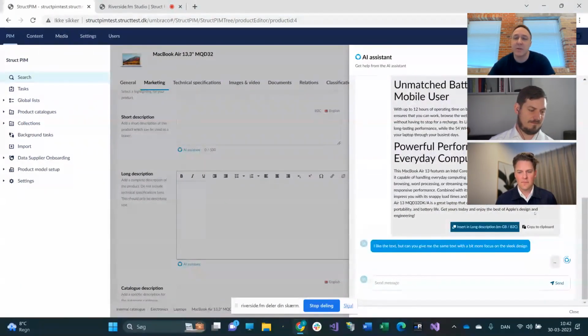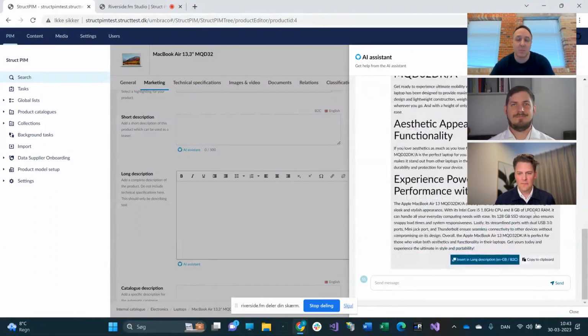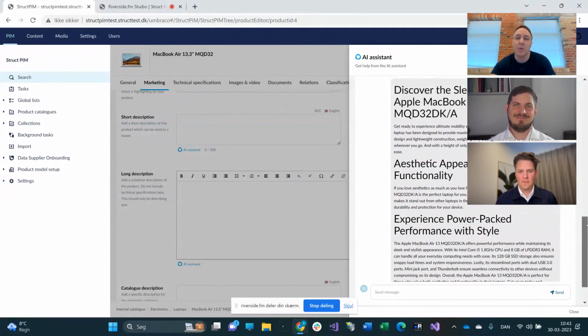And what it does now is it considers the text is already generated. It considers that we like that. So in all, it's good. But we want to have it just altering bits and parts of it to make it focus more on the things that are relevant in my perspective here. So that gives us, as an editor in the PIM system, the power to still be the people who moderate what we want to have. And as you see here, now it's changed the headlines. It's more aesthetic appeal meets functionality and so forth.